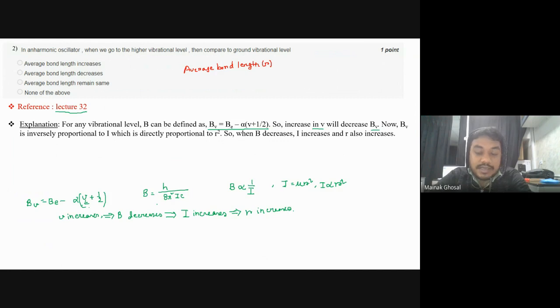And also you have seen this I is nothing but mu r square. From this we can show that I is proportional to r square. That means if I increases, r increases. So finally, it is seen from all these four lines written here,